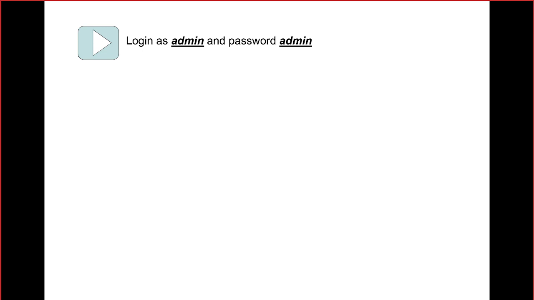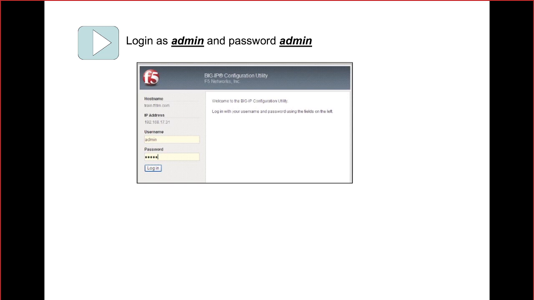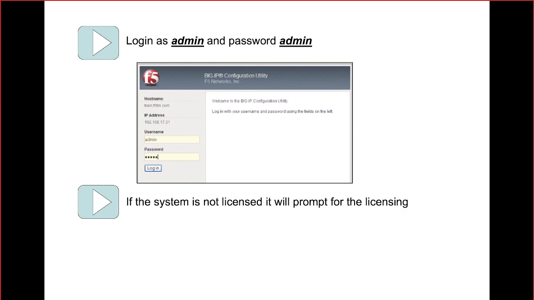And you have to log in to the device using that administrator. While you're logging in for the first time using the admin user, again it will ask you to reset the password for the admin user, and then you will be able to log into the F5 LTM device. But still this is applicable. So I just call the IP address of my F5 LTM and log in with the default username and password.